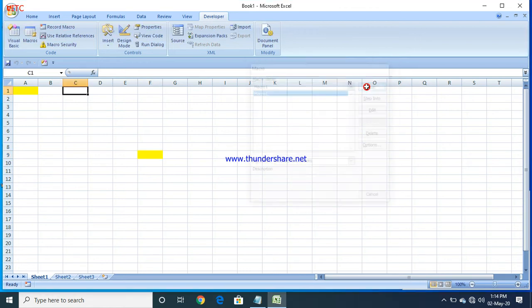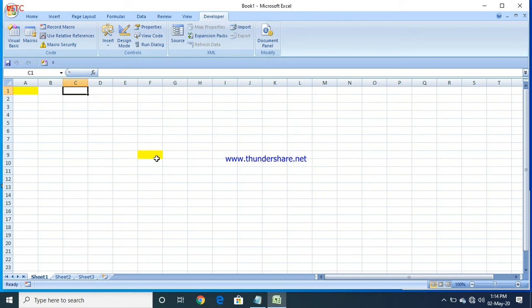When I click on Run, yellow color is coming here of course, but the cursor is going to C1 only, because you remember that time we moved from A1 to C1. So from here also it is getting moved to C1 itself. But I didn't want that. What I wanted is, when I click here and run that macro, color should be applied here and it has to move 2 steps further from here, not to C1 every time.